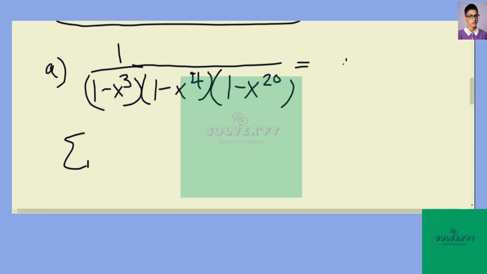So the product, say, from k1 equals 0 to infinity of x to the 3k